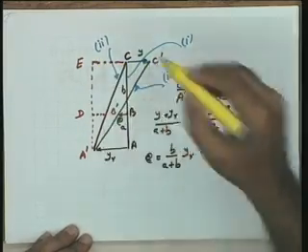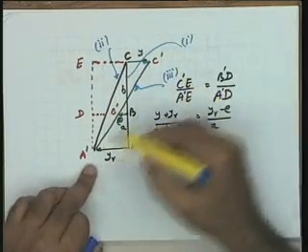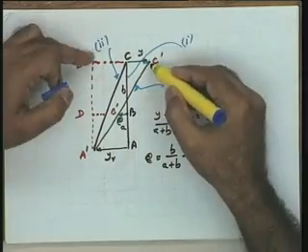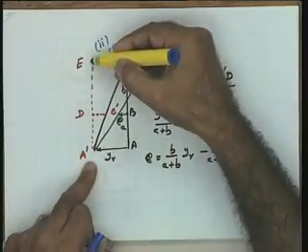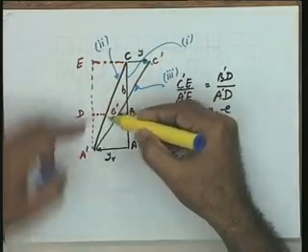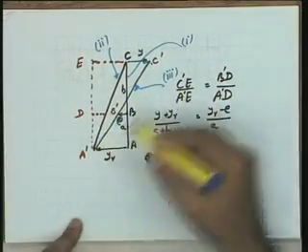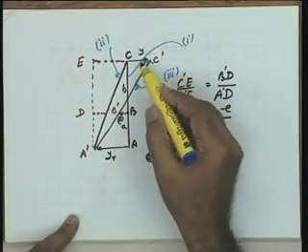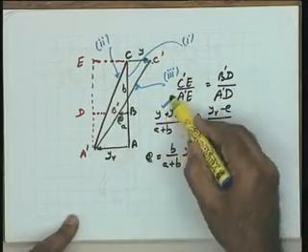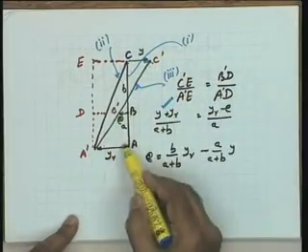If you look at this triangle, what I have done is C dash E divided by this distance is equal to this distance divided by this distance. So, what is C dash E? C dash E, as you find, is nothing but y plus yr. This is y, this is yr.